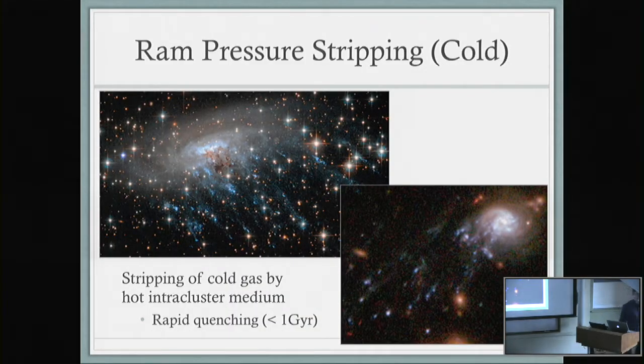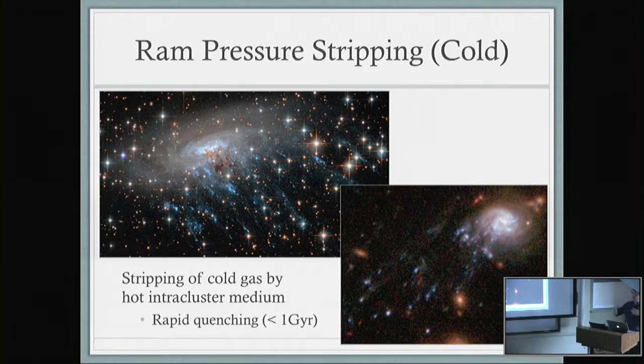Another option is ram pressure stripping. As a gas-rich galaxy falls into a cluster, the atomic gas, the molecular gas, and the warm ionized gas could all strip as the galaxy falls in towards the center of the cluster and experiences ram pressure against the hot intracluster medium, which fills the whole cluster environment, which I'll talk about for an hour this afternoon. So here's a picture of what we call the jellyfish galaxies.